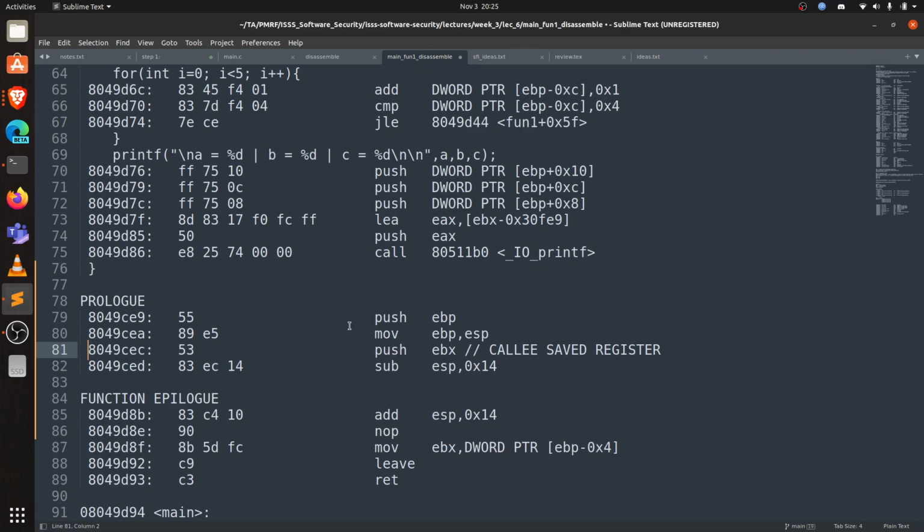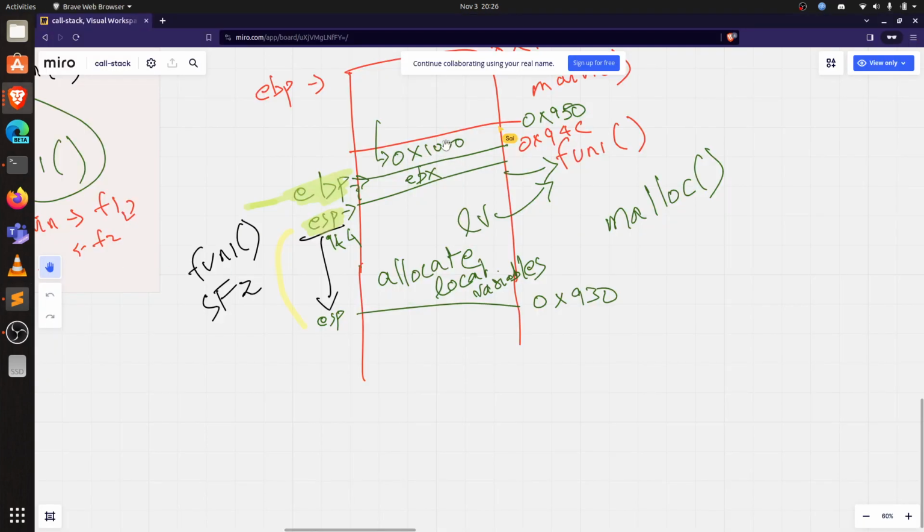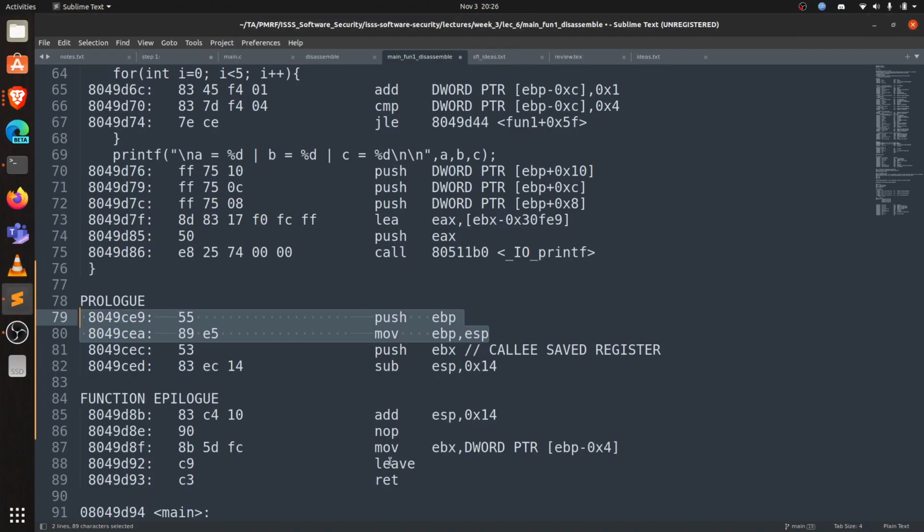Now once this is done, I should be doing the reverse of these two instructions, right? So whatever the old value of EBP was, I should be restoring back. Now, if my EBP is say 94C, I should change it back to 1000, right? And the leave instruction is like a concise instruction which x86 uses,